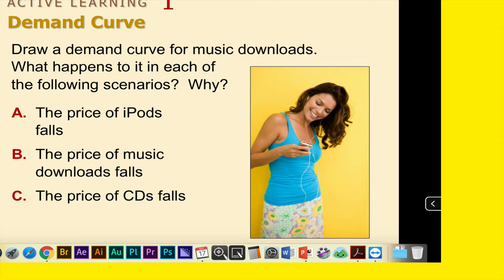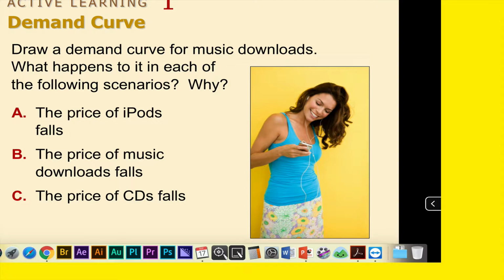We're going to draw a demand curve for music downloads. Get in the Wayback Machine, and let's put ourselves in the time where an iPod really, really mattered. You don't have your smartphones, so if you want music downloads, you've got to carry the iPod. This is back when you had a flip phone and you had to text, hitting number 2 three times, say C.